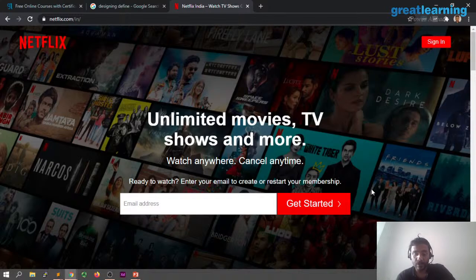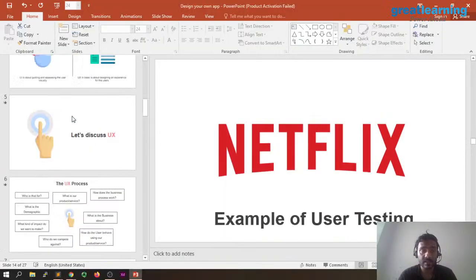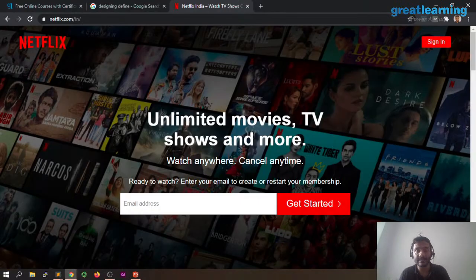That is the testing part of it. So what you do is you come up with multiple variations. So you go through the whole process of the user experience process where you come till the understanding the revision requests before testing. So you create those 3 designs, right? And once you create those 3 designs, you have a control experiment with it. What is the control experiment and what are these designs? So these designs are the new designs you've come up with, and the control experiment is something that already exists. So this may be the landing site, a website that already existed, and you have new designs that are going to battle each other.